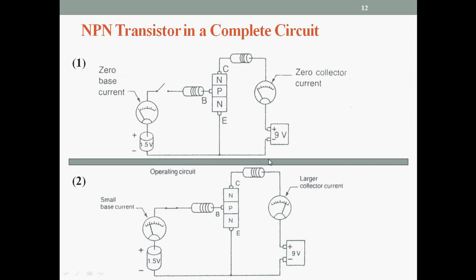From the second diagram, we can see how it will work. Now the switch is in the closed condition. So a small base current is flowing into the base terminal. So this will inject the maximum number of holes into the P region, and that will combine with the electrons. Now from this battery, a number of electrons will get emitted into the N region, and these will cross the upper PN junction, and this will create a collector current, and hence in the circuit there is a very large collector current.